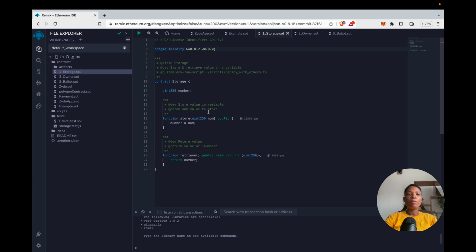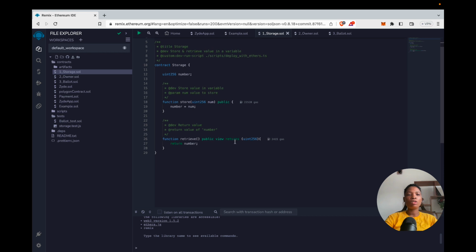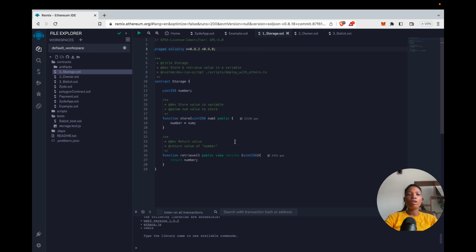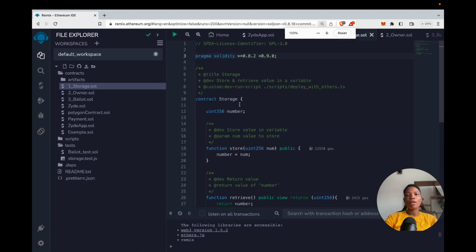Now, in Remix, as you can see, when you create it for the first time, it comes with a couple of simple smart contracts where you can learn how to work with it. So basically, we are going to be exploring one of those smart contracts,